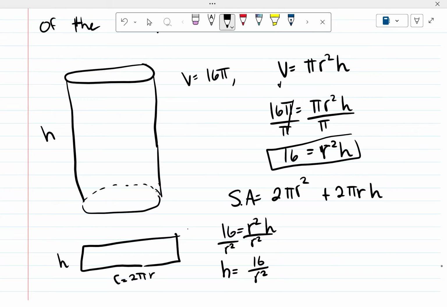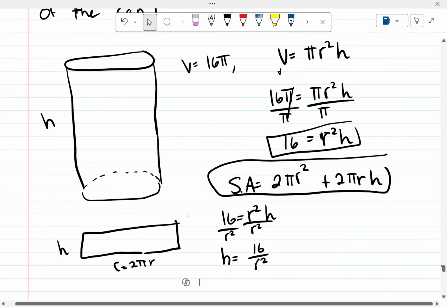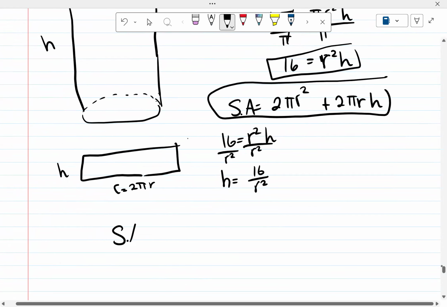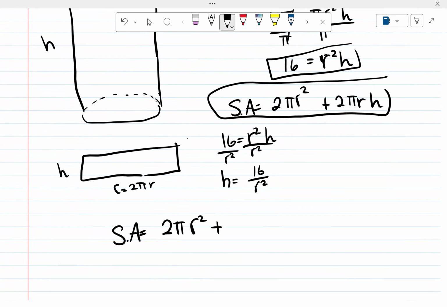And let's see, so that's my h. Then we're going to put it back into this formula right here, surface area. So surface area is equal to 2 pi r squared plus 2 pi r, and then we're going to replace h with 16 over r squared. Okay, so that means if you clean this up, you get SA equals 2 pi r squared plus